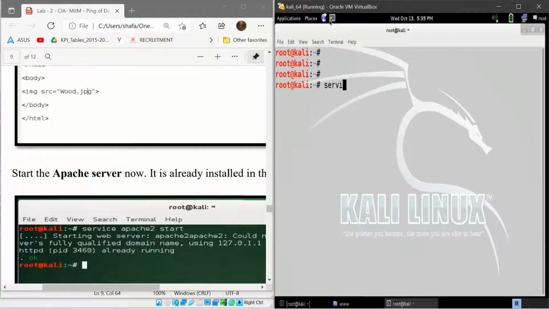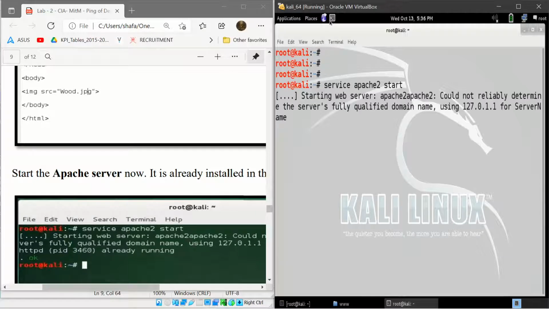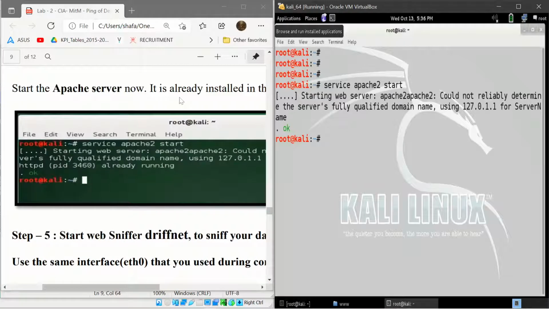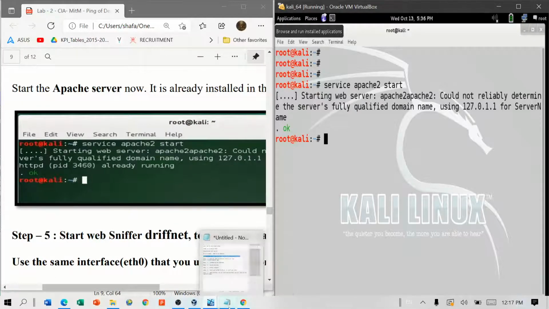Service apache2 start. It's done now. The Apache server is started now. Finish. And then go to the web browser to check whether it is working or not.